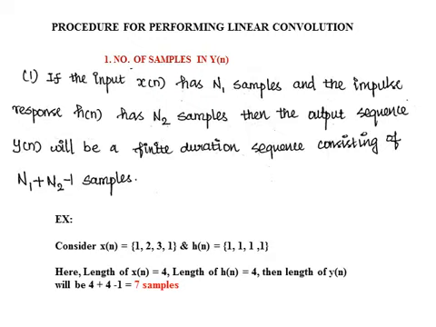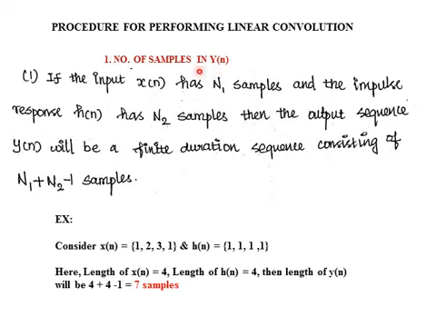We know that there are two different types of convolutions, namely linear convolution and circular convolution. Now in this lecture, we are going to see the methods of performing linear convolution. To start with, before using the formula to perform convolution, we have to do two